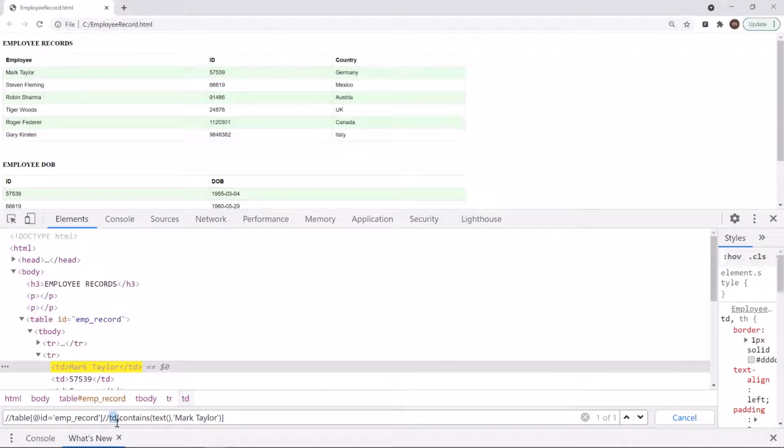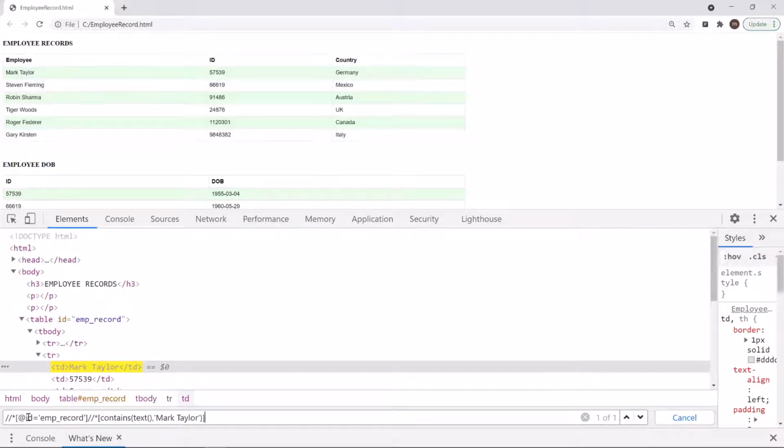Here you can see that I have used the TD tag to identify a node which is of type TD. Now if I replace the TD tag with the asterisk sign, then you can see that it still identifies the same node. So this wildcard can be used to match any node. Similarly, I can replace this table with this wildcard as well. And you can see that it still identifies the element.